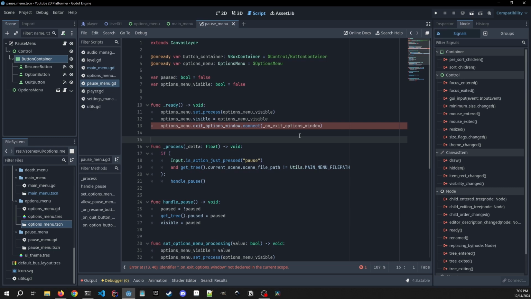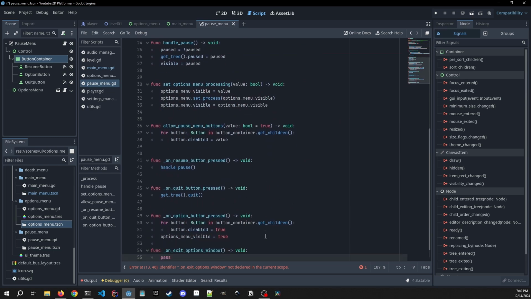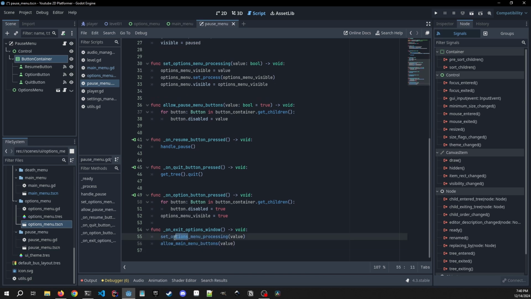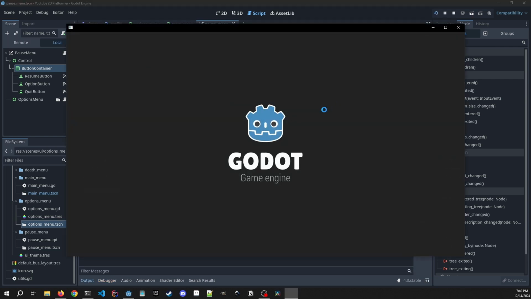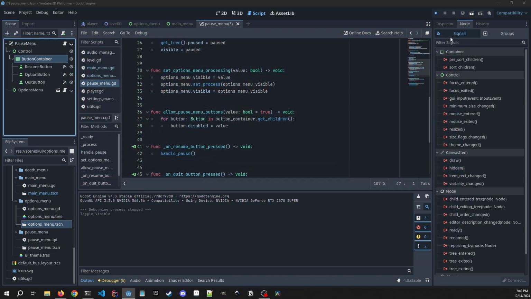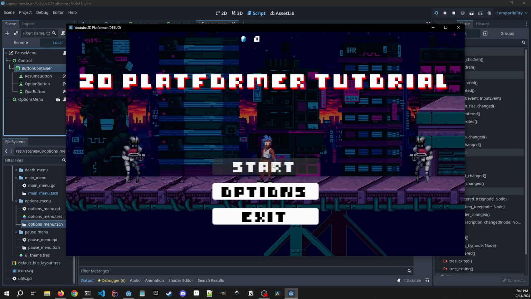But for right now, this is how we're going to just proceed with this so we can wrap up this video. We need to make this, and again, it can be the same thing as our previous one. We're just going to set the processing, except this is going to be pause menu, and we need to be passing a value which is a bool, and it defaults to true. So now we can play our game. This is showing, so I need to set the visibility on our pause menu to off. Now we play this, so here we can mute. When we start,